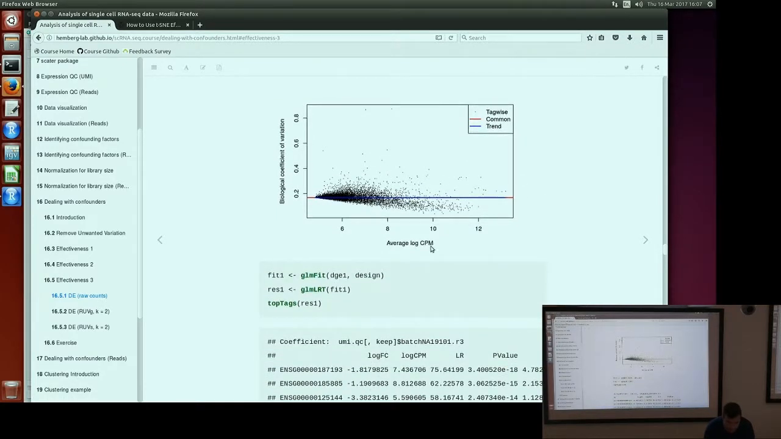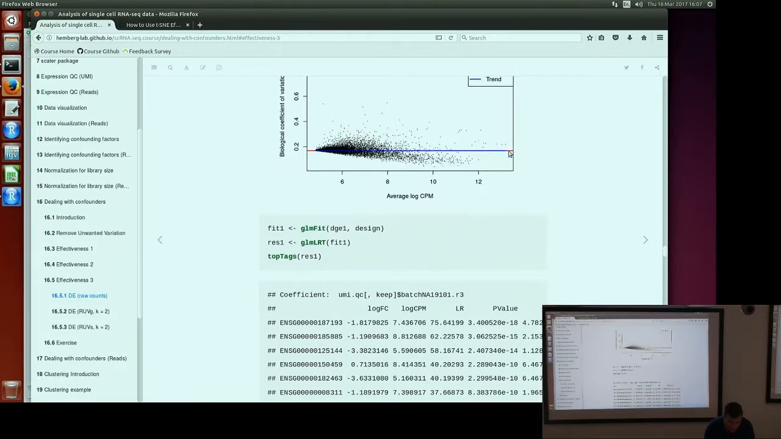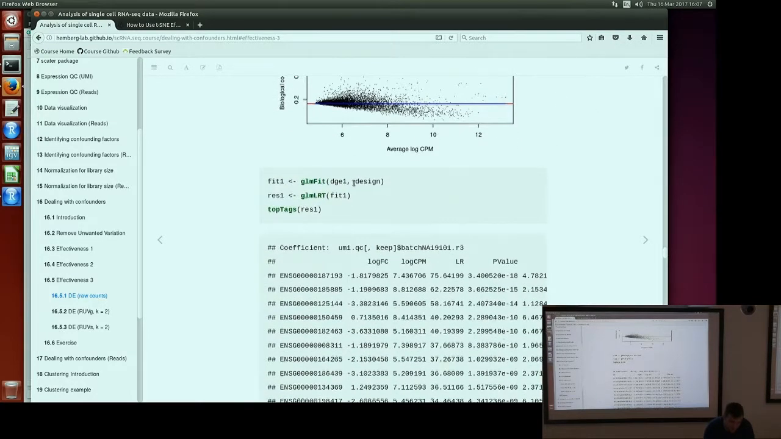So suffice to say, this is a pretty normal looking plot of BCV versus average log CPM for RNA-seq data. So this is not looking too crazy, even though we've applied single cell data to it here. With that